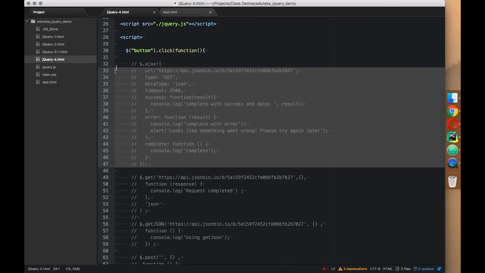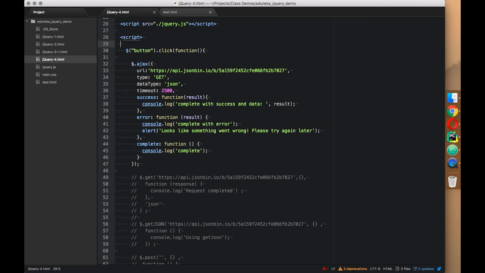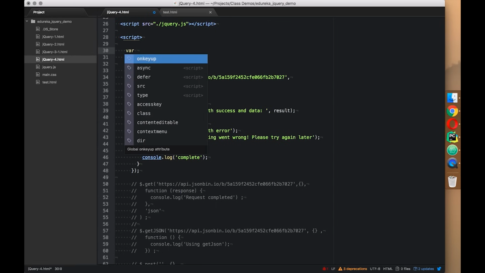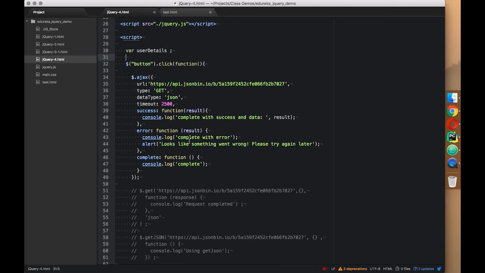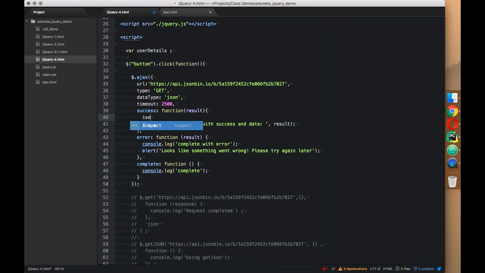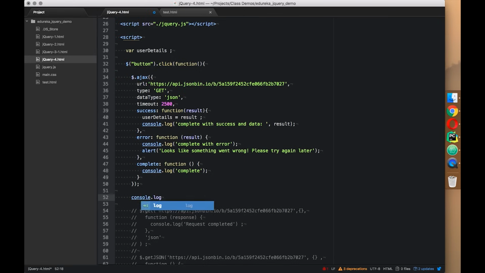Okay, so let me unmute this. Let's say a variable user details is declared, and over here what we're going to do is take the user details and give it the value of the result. So we are going to fetch the details from the web, and then we are going to